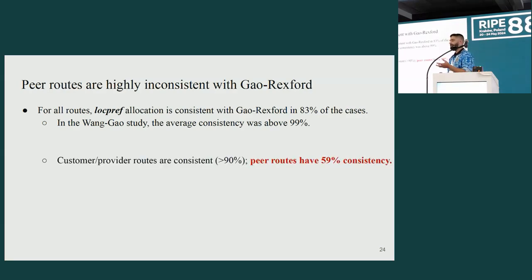More specifically, even though customer and provider routes are consistent with that hierarchy, peer routes are far less consistent with the Gao-Rexford model. This is probably due to better performance of the peer routes, or most probably because the flattening of the internet hierarchy